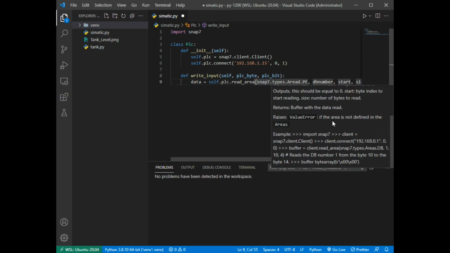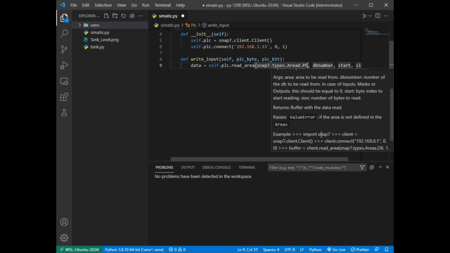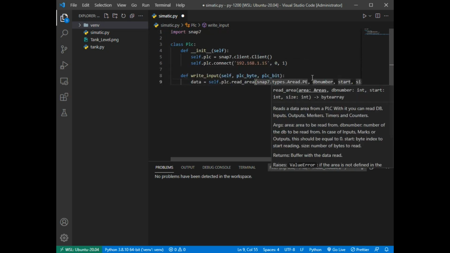This is the area for the inputs of the PLC. Okay,